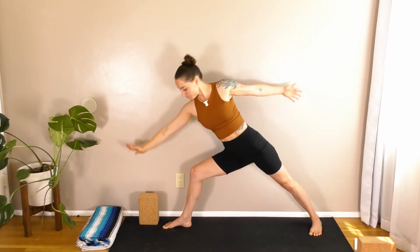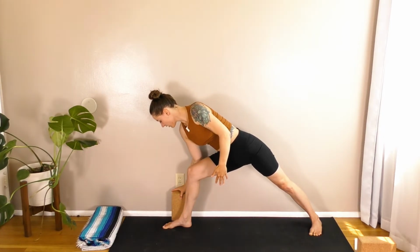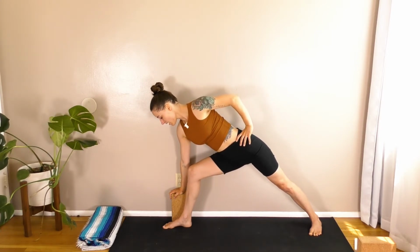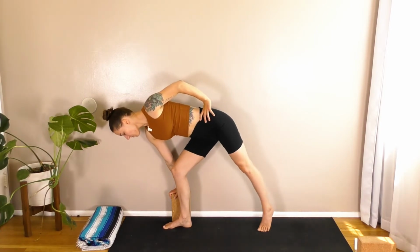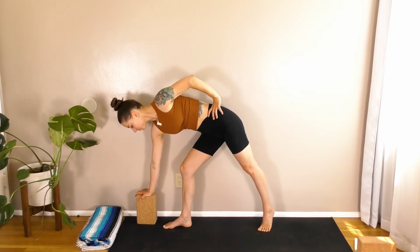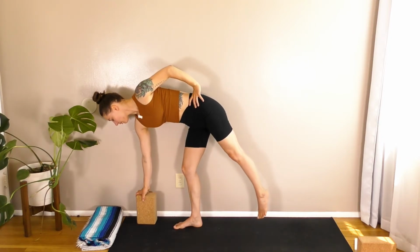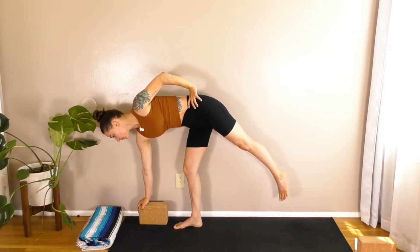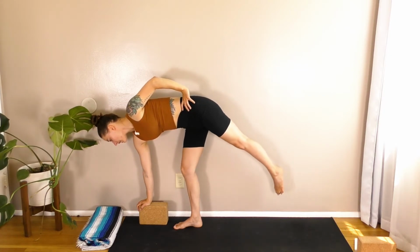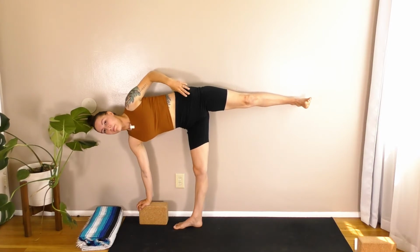And then if you're ready, you can start to windmill your hands forward, bringing the block right underneath your hand. Left hand can come to the hip if you want. And then we'll start to hop the left foot forward. Go ahead and take the block forward a little bit with you until you're far enough forward so that you can stably, strongly reach the left foot up, float it up,